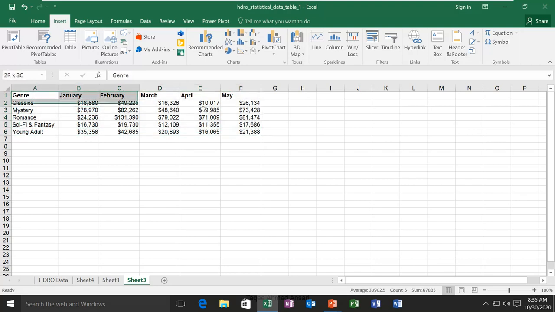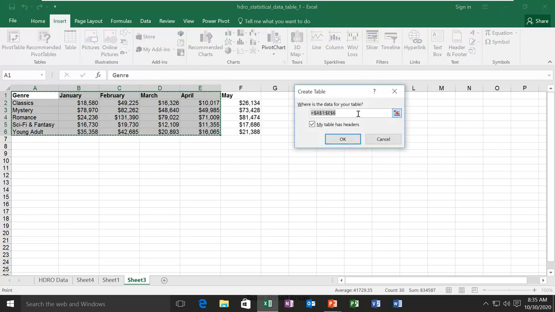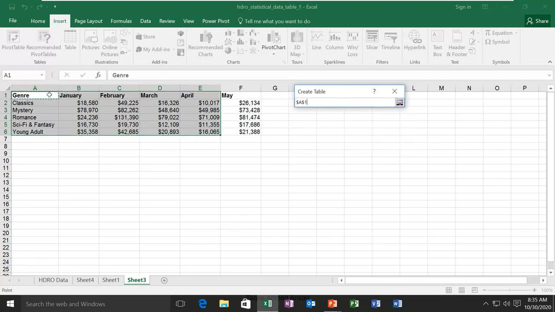You have to select the range which you want to convert into a table, and then click this command. It opens here and you see the selected range. Now suppose if you have not selected properly, as you see I have not selected properly, so you can do it again from here. You can select properly what you want.